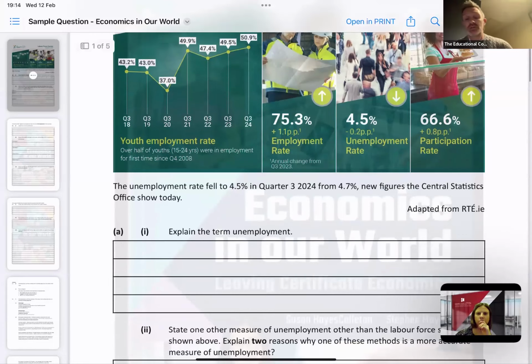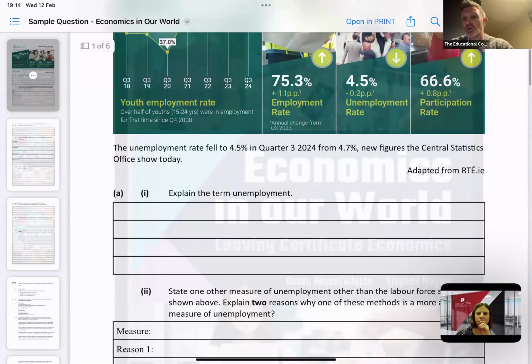And as Susan has said, we've tried to replicate this throughout the chapter. Now, it's not so much of an issue anymore, but especially at the start, I think students struggled. Well, how much do I need to write? We know now from definitions that there's 3 to 4 lines given for that spacing. Obviously, the definition of unemployment, they need to get across here.